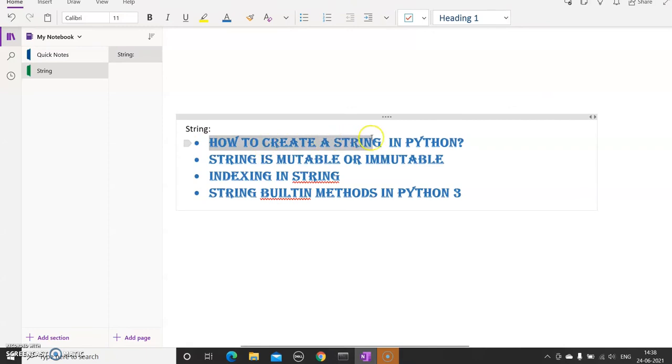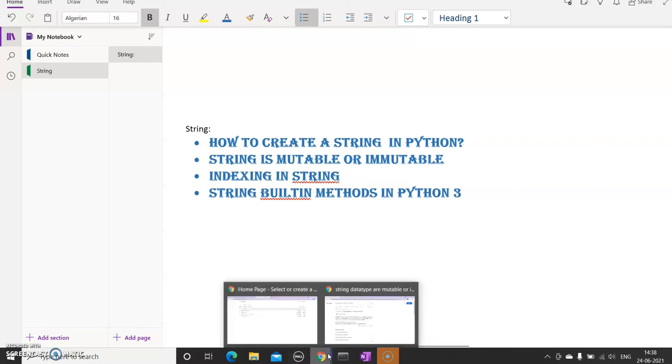So we'll see how we can create a string in Python. We have already seen how we can create a string in Python, but this time I'm going to create a string in 3 different ways. Then we'll see what immutable and mutable data types are, and whether string is a mutable or immutable data type. Then we have the concept of indexing in a string, and then we have string built-in methods in Python 3, like what are the already available methods Python is providing for the string data type. So without wasting any time, let's directly go